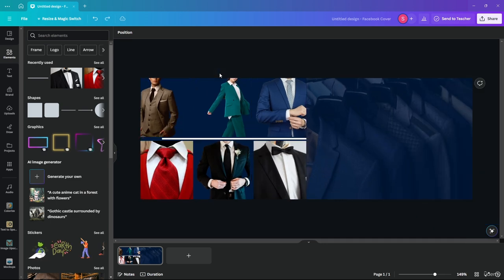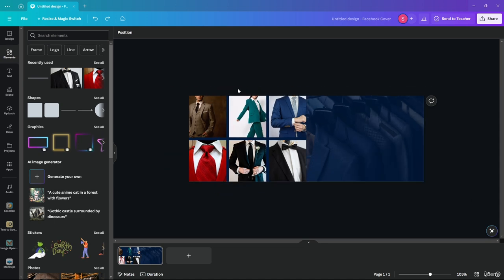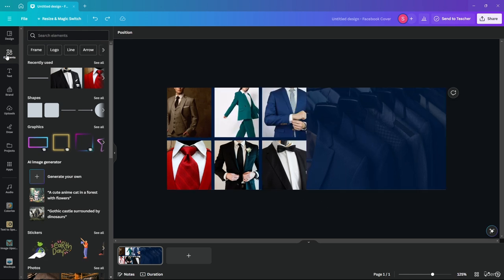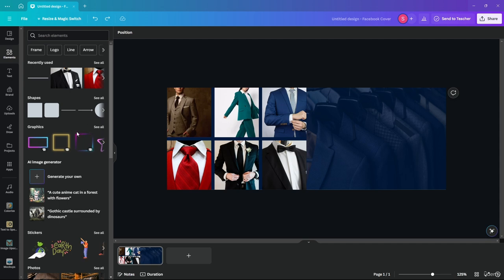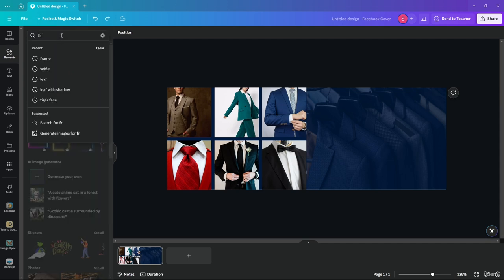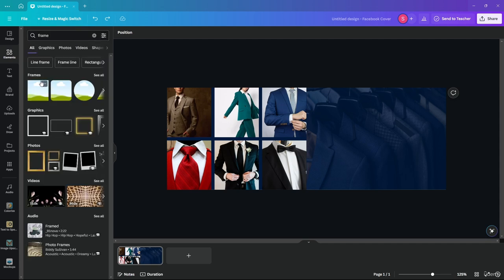I'll go ahead and add the backgrounds in of my images as well beforehand. You can keep it as it is. It still looks good as it is, so it's okay. Now I'll just go ahead and add in a frame. So these are the graphic frames. I'm just going to add a graphic frame over here,